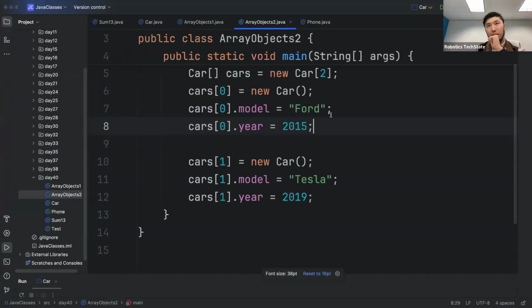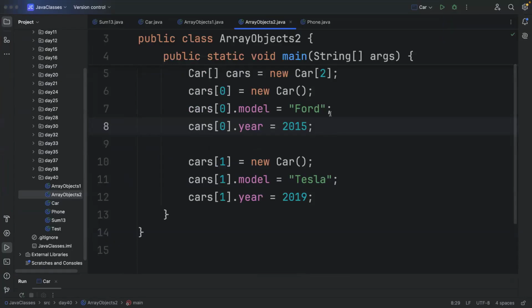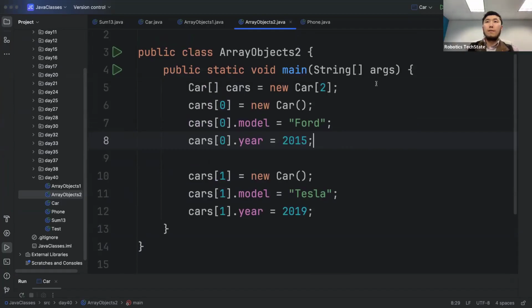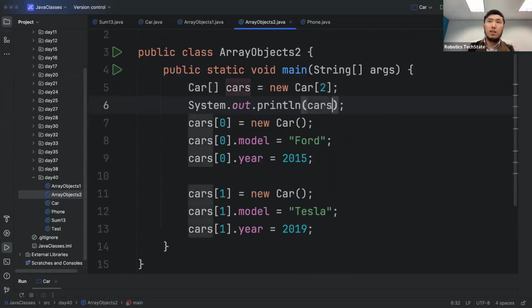All right. Let me know, guys, once you have done. Yeah, done. All right, so if I do this, guys, cars,